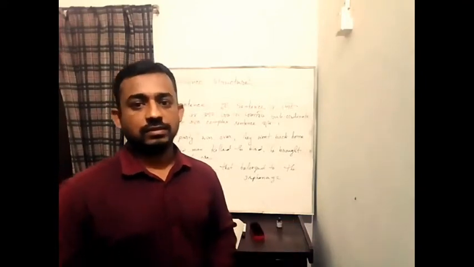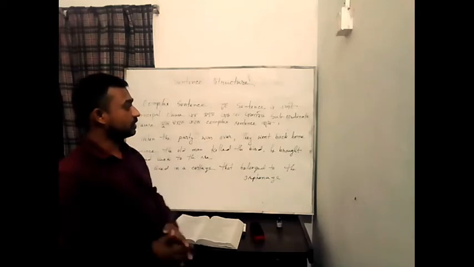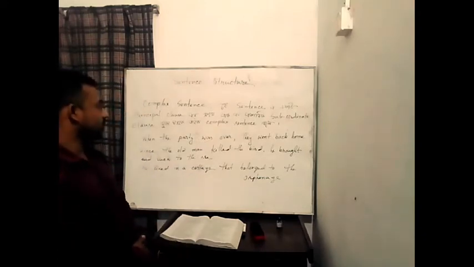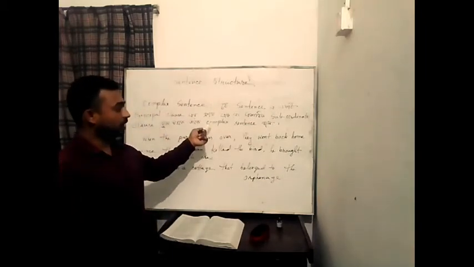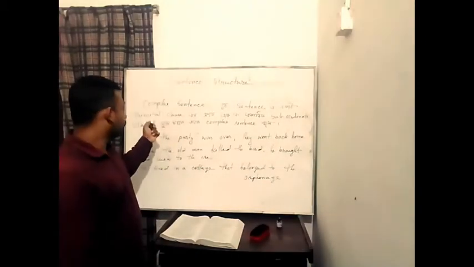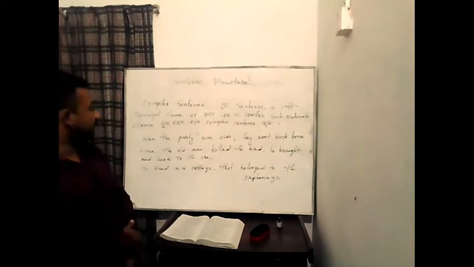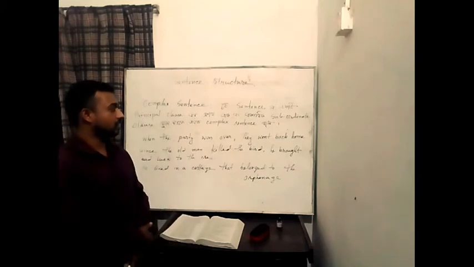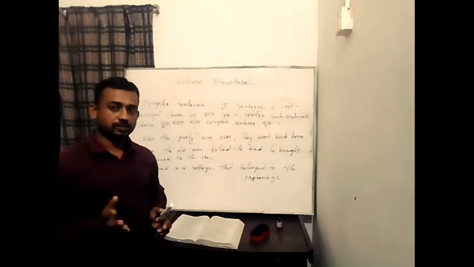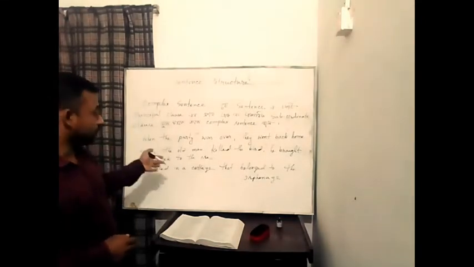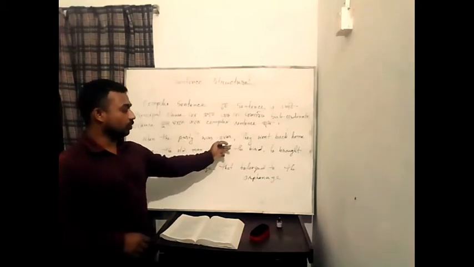In Bengali words, we can say like this: complex sentence, যে সেন্টেন্সে একটি প্রিন্সিপাল ক্লজের সাথে এক বা একাধিক সাবঅর্ডিনেট ক্লজ যুক্ত থাকে তাকে কমপ্লেক্স সেন্টেন্স বলে। Again, follow this definition. যে সেন্টেন্সে একটি প্রিন্সিপাল ক্লজের সাথে এক বা একাধিক সাবঅর্ডিনেট ক্লজ যুক্ত থাকে তাকে কমপ্লেক্স সেন্টেন্স বলে। Now if you follow the example, then it will be clear to you. Look, when the party was over,